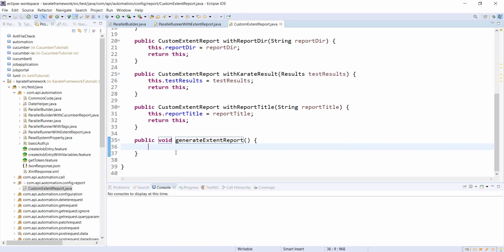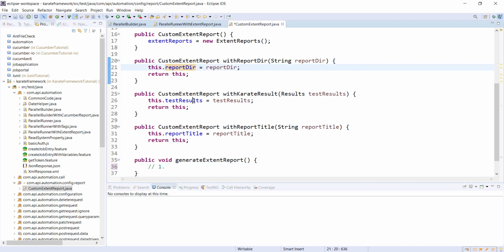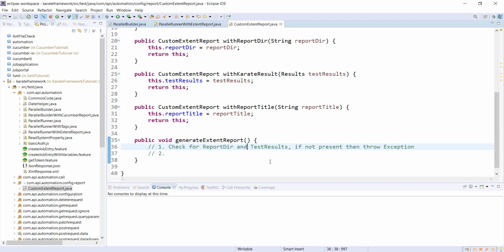So let me list down all the steps which I'm going to follow in order to generate the extent report. First, I'm going to put an if check. If the report directory and the test result are not present, then I'm going to throw the exception because these are the two configurations which we need to generate the extent report. So after that,